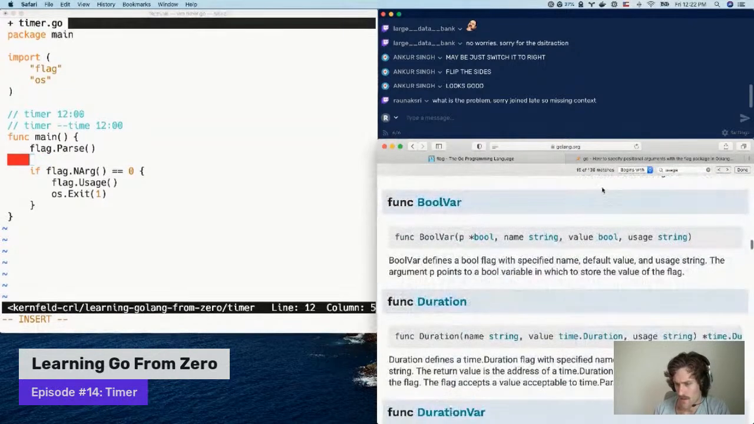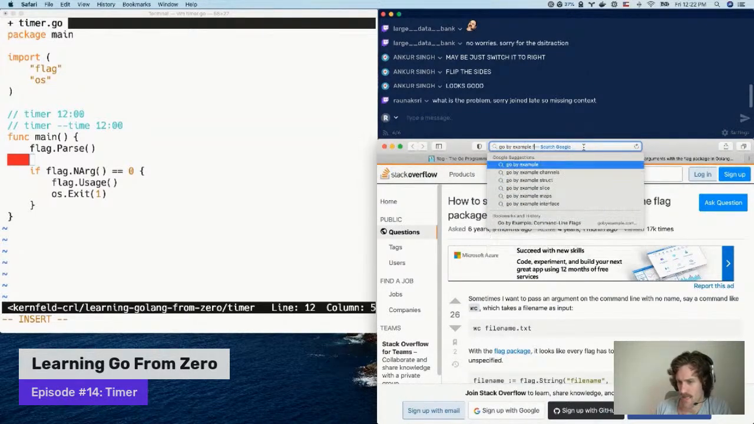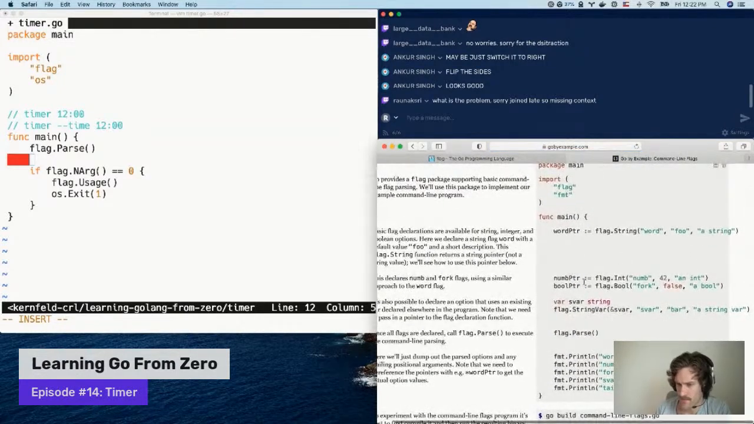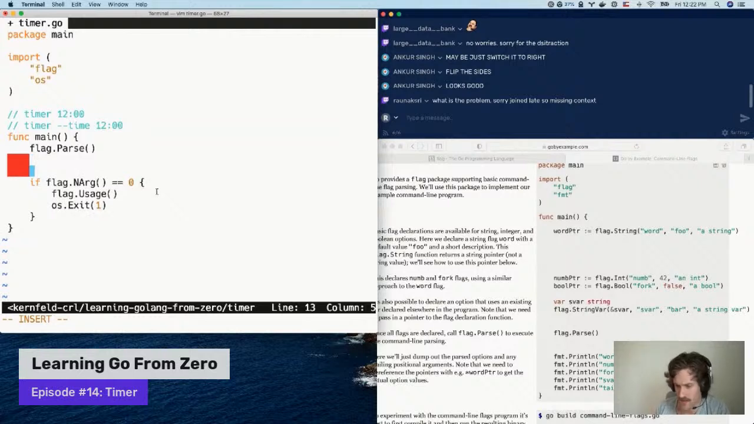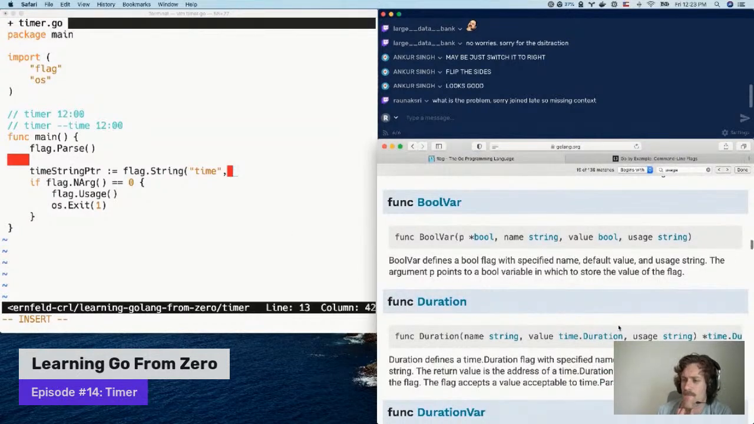So let's pull up Go by Example and then the flags package. And over here, we can basically just copy this code. Interesting. So the name of the argument is time, and